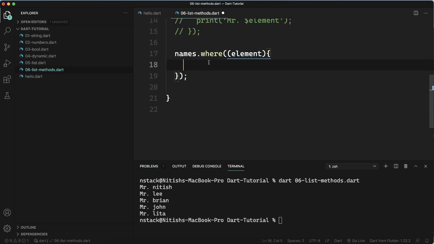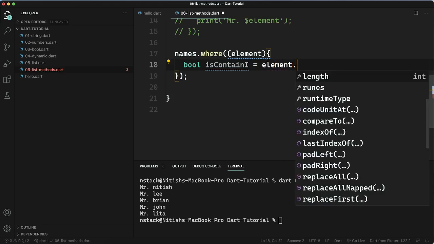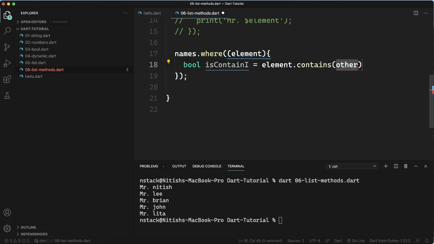So I will come here and write bool is contain I. Okay, and after that I will write element dot contains, and here I have to write I.